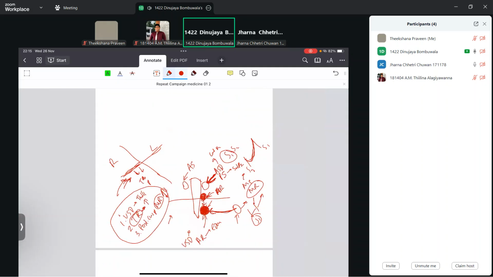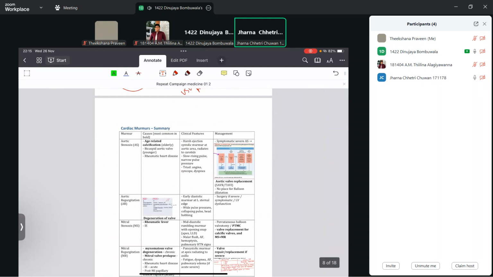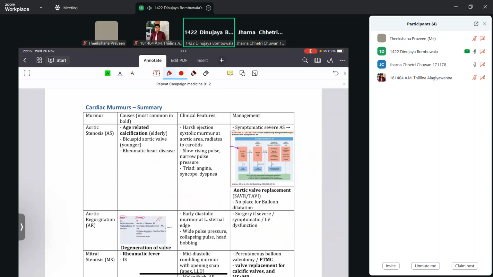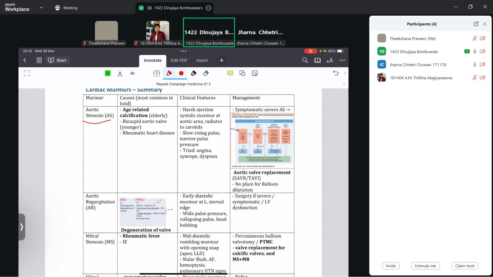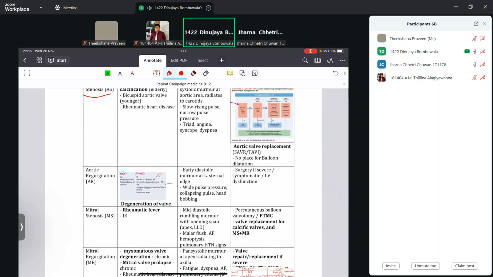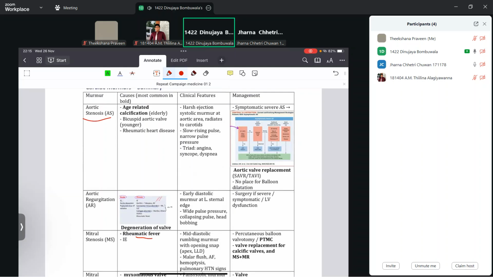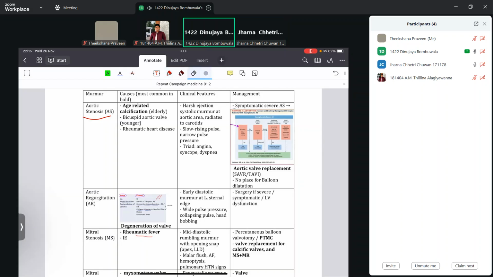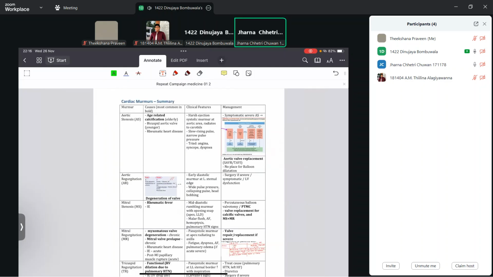Okay. We'll quickly go through this and go to the MCQs. I have highlighted the most common cause here. I don't think we have to go through each of the things because you guys can just read it, no? You should know this for the short cases. Most of the things you might know already. So we'll go to the MCQs now.